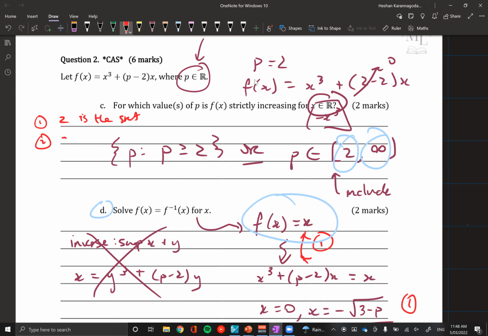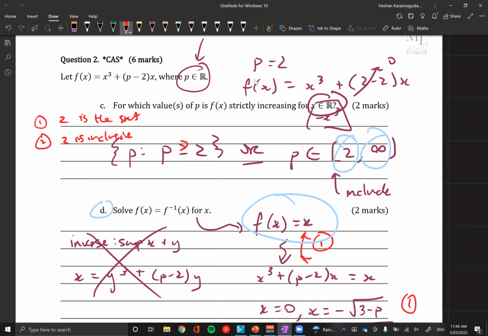And then another mark would be for 2 being inclusive as well. Because as I said before, a common mistake is that 2 is actually not inclusive. So a lot of people would just do p is greater than 2 and they would receive 1 mark. And it's also really dependent on how your teachers like to make your SACs. That's another really big thing, another thing altogether.